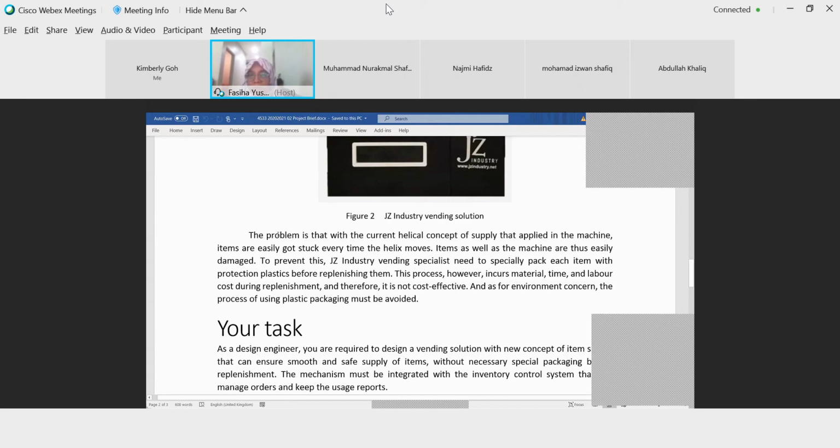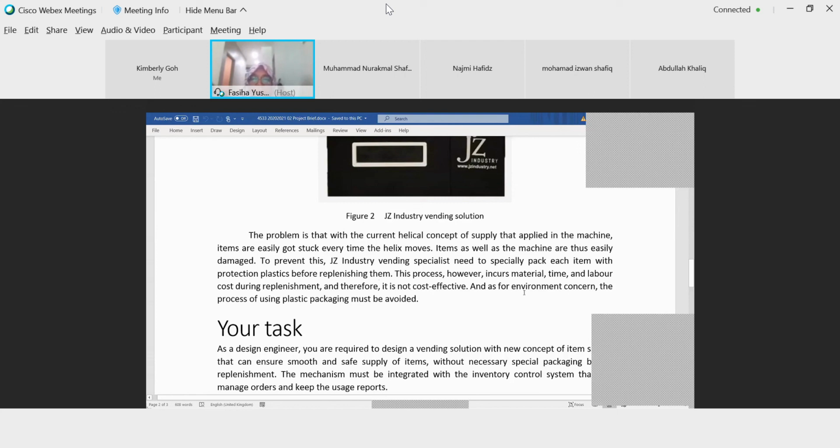Okay, this is the problem. You have to understand this. Because of the current helical concept, they face this problem that the items and machine are damaged. So to solve that problem, they pack the items one by one. Each of the items they pack. However, other problems also emerged.